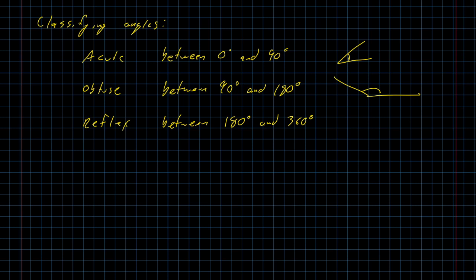Reflex angles are kind of strange because honestly, they look a lot like acute angles or obtuse angles. But instead of measuring the inside part of the angle, we measure the outside part of the angle. And it's important to remember that reflex angles exist, because when you have 2 coterminal rays, they don't form just one angle, they form 2 angles. Related to that,